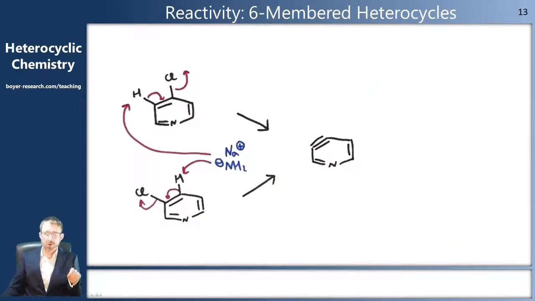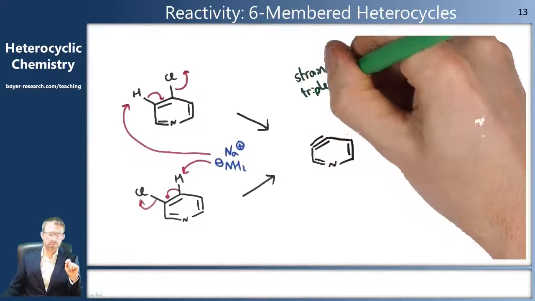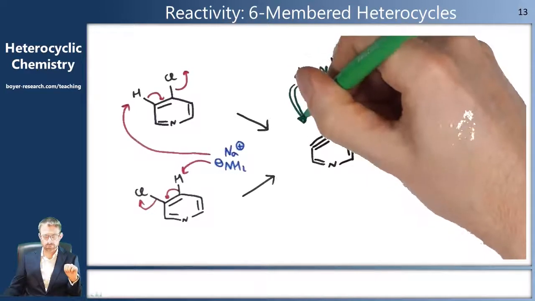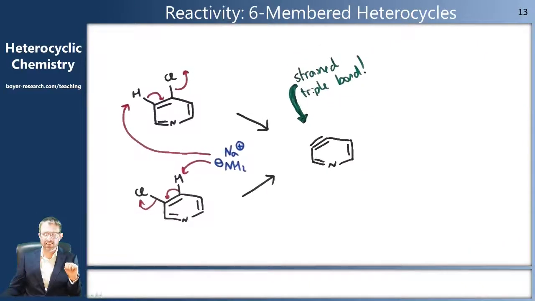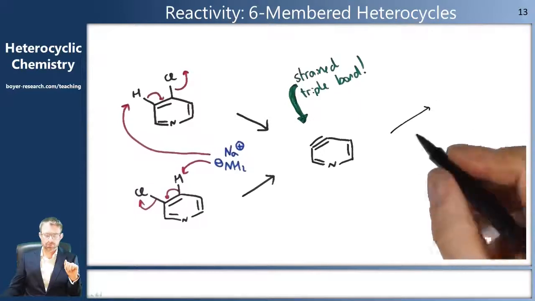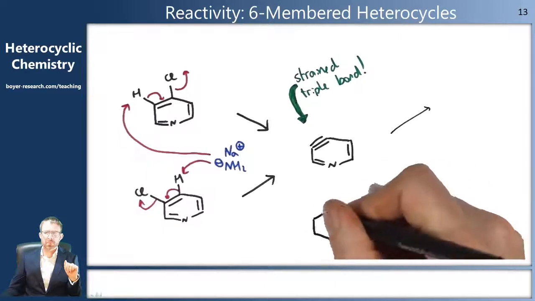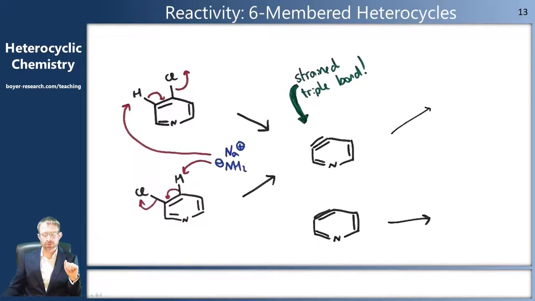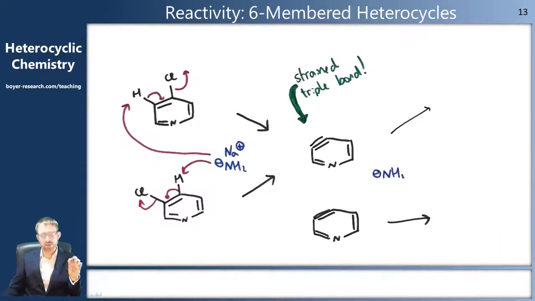That means that both of these 2 starting materials go on to form the same 6-membered ring with a triple bond, so a pyridine species. This triple bond, which wants to have bond angles of 180 degrees, is extremely strained. And therefore it reacts rapidly with an incoming nucleophile. In this case, we have our NaNH2, which was the base in the first step of the